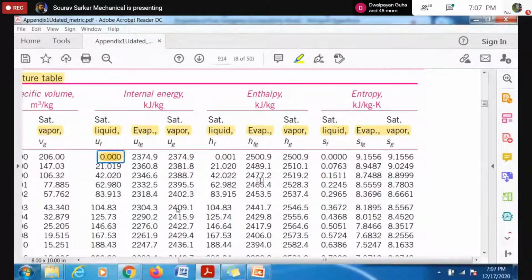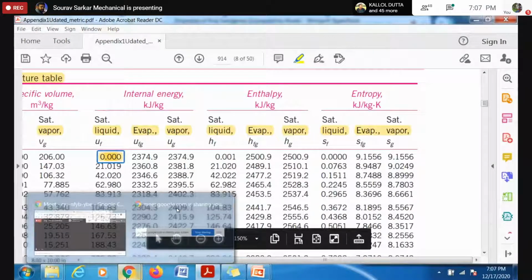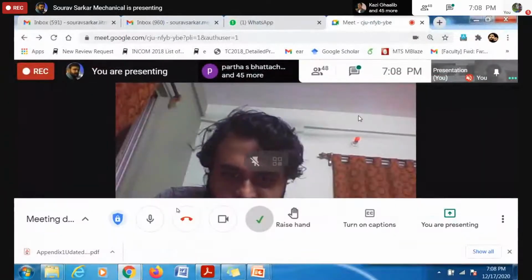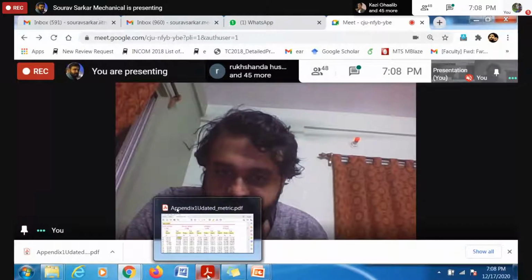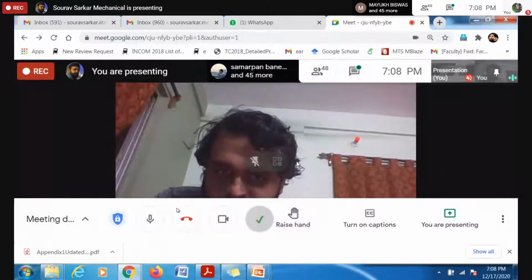But if you want to know the perfect reason behind this, I am again repeating that for that you have to go to molecular and statistical physics. And really I have no exposure to that in an undergraduate course. So I don't know whether I'm skipping the answer or not, but somehow I thought that I understood this and partly I have answered your question. So shall I proceed? Yes, sir.